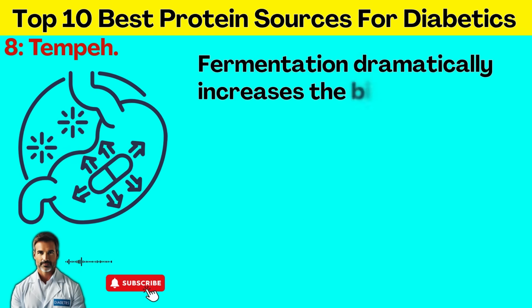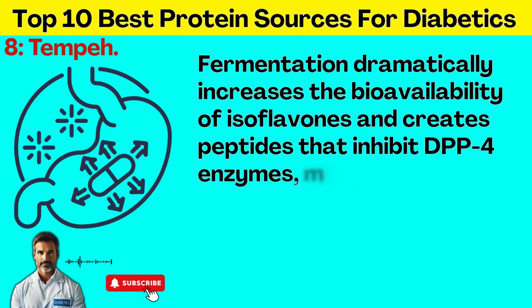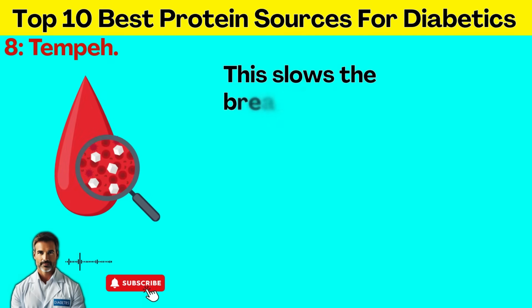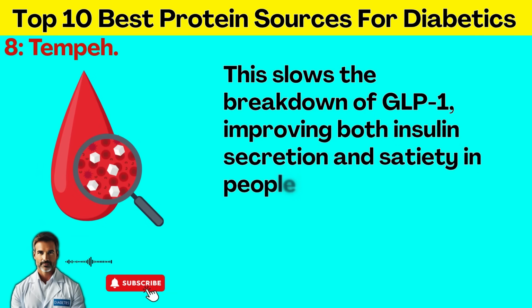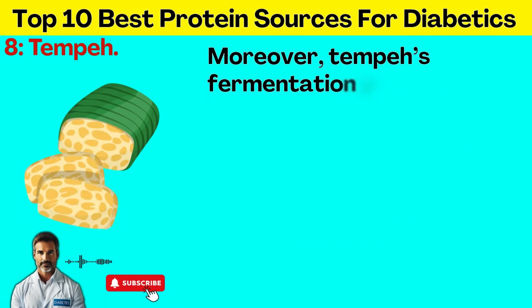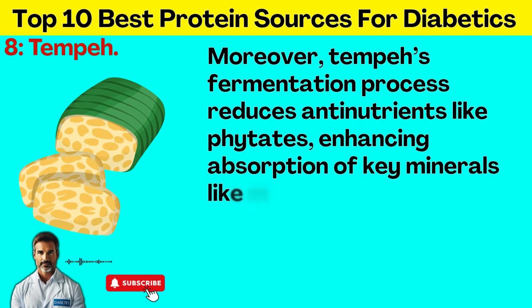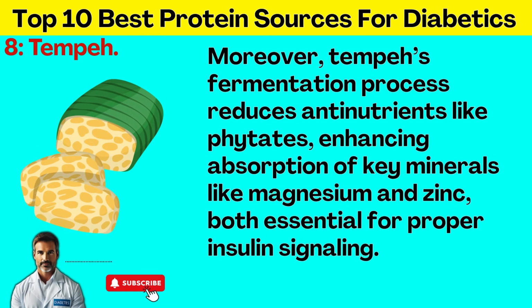Fermentation dramatically increases the bioavailability of isoflavones and creates peptides that inhibit DPP-4 enzymes, mimicking pharmaceutical incretin enhancers. This slows the breakdown of GLP-1, improving both insulin secretion and satiety in people with impaired glucose tolerance. Moreover, tempeh's fermentation process reduces anti-nutrients like phytates, enhancing absorption of key minerals like magnesium and zinc, both essential for